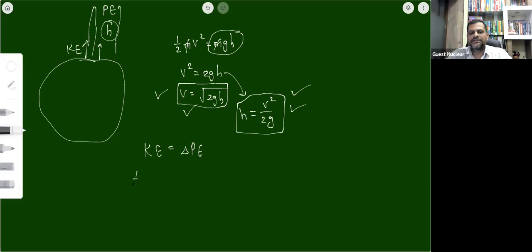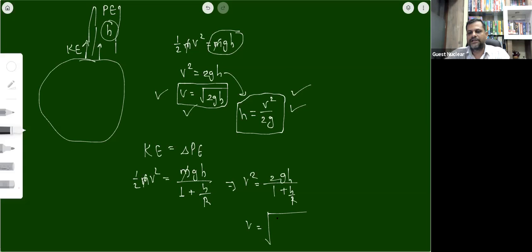So in that case this kinetic energy half mv square will actually be equal to mgh upon, अभी जो फॉर्मूला हमने डिराइव किया ना, mgh that is whole divided by 1 plus h by r, ओके। तो इसको अगर हम यूज करेंगे तो अभी इसमें से m कैंसिल हो जाएगा और हमको मिलेगा v स्क्वायर, तो ये 2 उस तरफ चला जाएगा तो हमको मिलेगा v square is equal to 2gh that is to be divided by 1 plus h by r, and if we take the square root on both sides then we can get this v is equal to root of 2gh that is to be divided by 1 plus